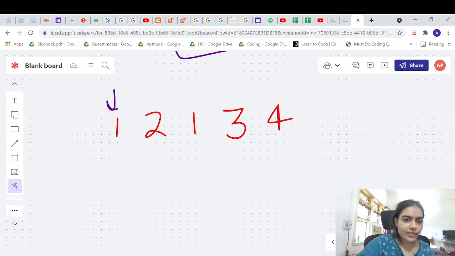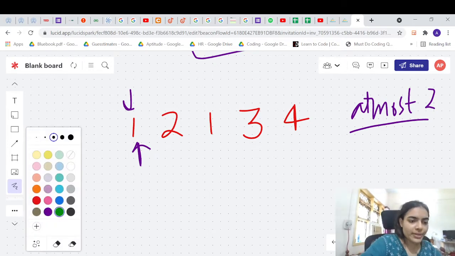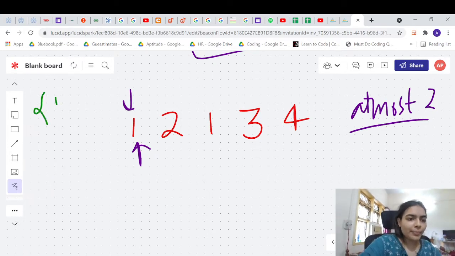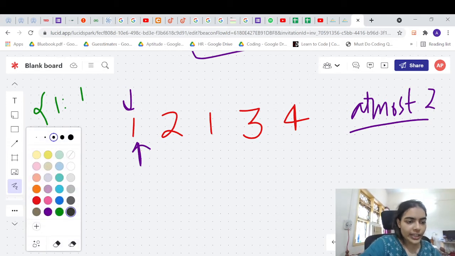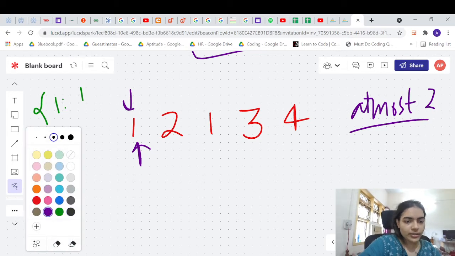So we start with the initial 2 pointers. We have to find the number of subarrays which are having at most 2 elements. So in the map we will insert 1, and it is having a count of 1. So we'll insert that and we'll keep a count here, right? So initially our count is 1 because we are having one integer. Now let's try to expand this.